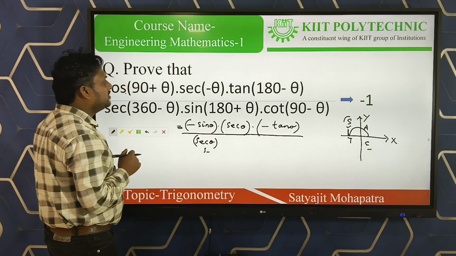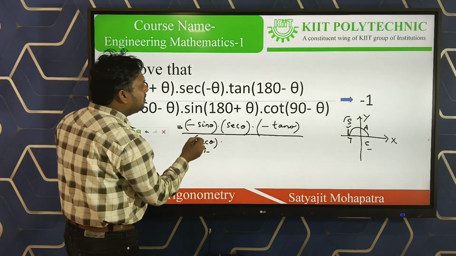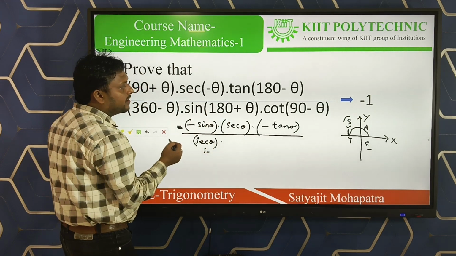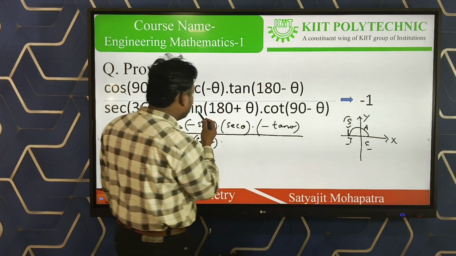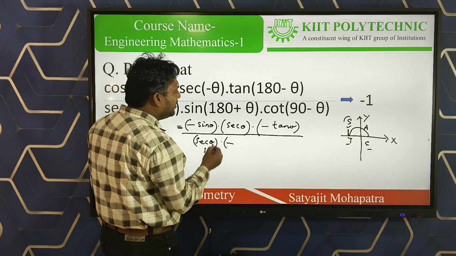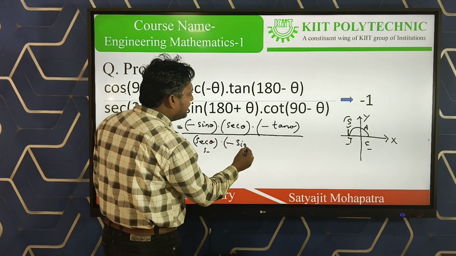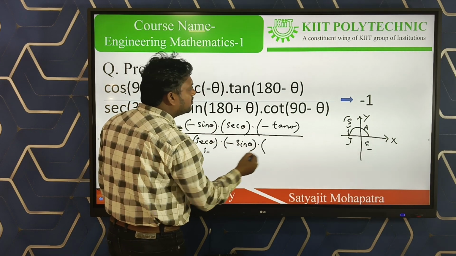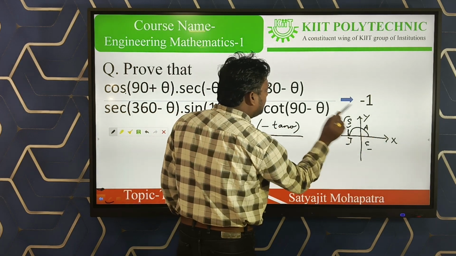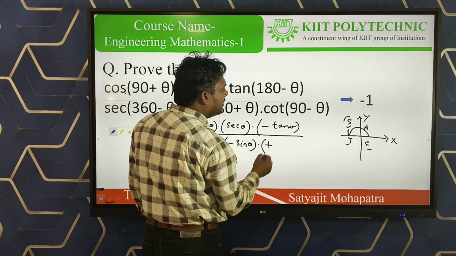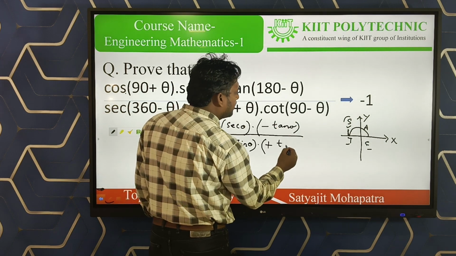Okay. Now see, into this is sine of 180 plus theta. 180 plus theta, third quadrant, tan positive. We have sine, hence it is negative. Negative, 180 no change, sine remains sine. Into cot of 90 minus theta. First quadrant, 90 minus theta, all are positive, so cot is also positive. 90, cot changes to tan.